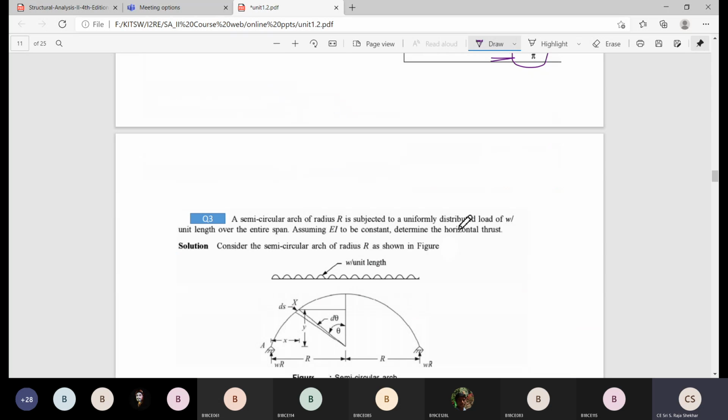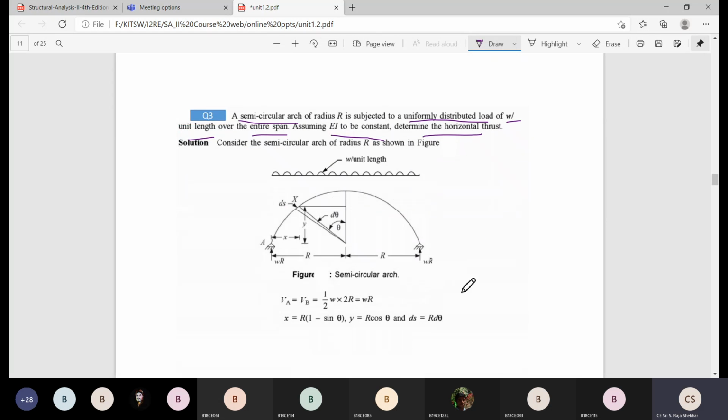Is it clear? Okay, now we'll see the same semicircular arch, but it is subjected to a uniformly distributed load of w per unit length over its entire span. Assume EI is constant. Determine the horizontal thrust. The angle between the point P and the crown point C is